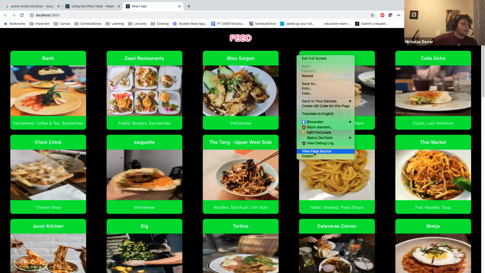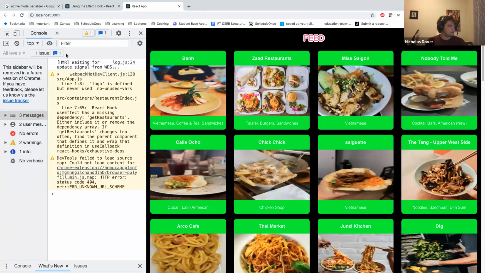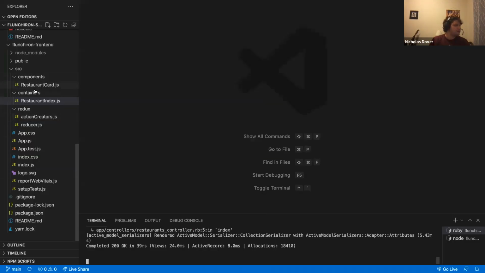One thing I figured out, the thing I was looking into last time in React hooks, you notice how we had that issue where it kept fetching to the back end. This little warning right here is phenomenal. It says, hey, you're using this thing called get restaurants inside of our hook, and I have no idea what it is. And basically, if we tell it